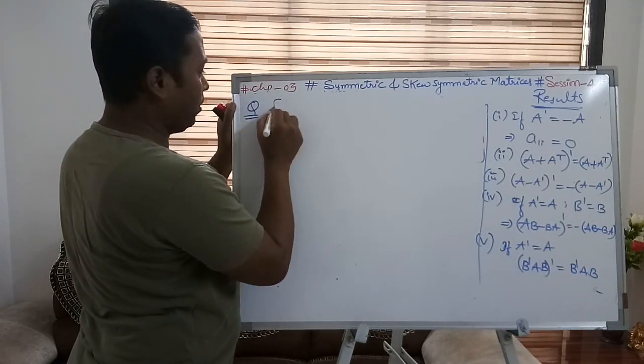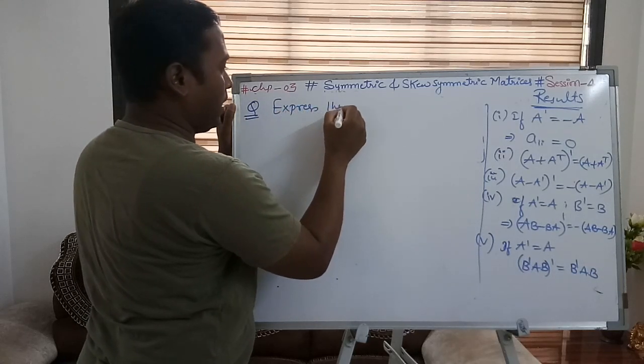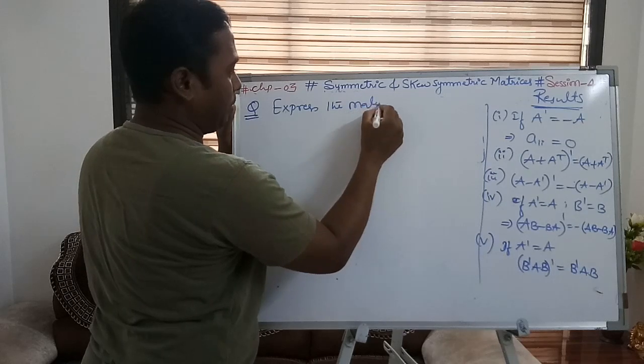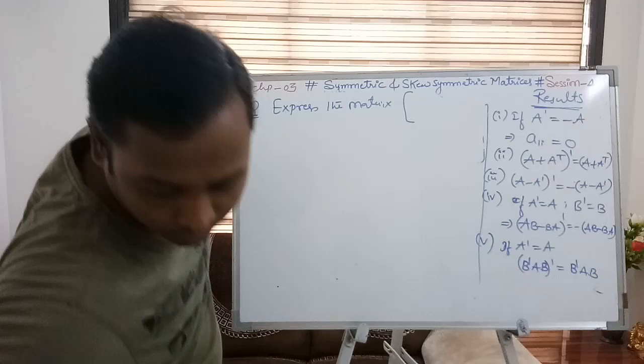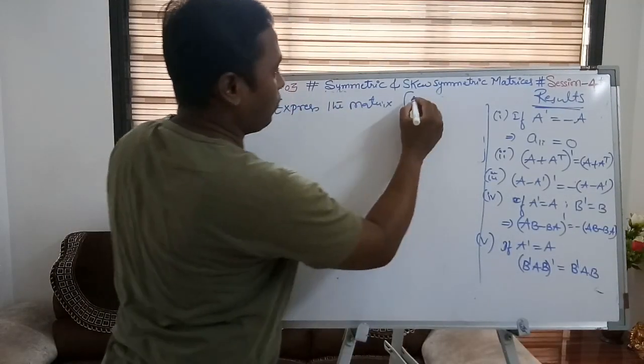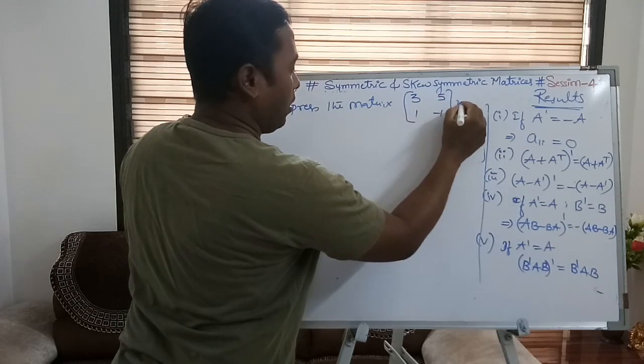Question is: express the matrix, of 2 by 2 square matrix, that is 3 5 1 minus 1,